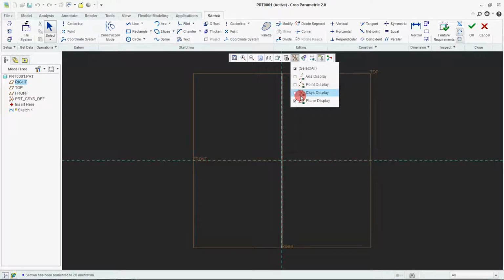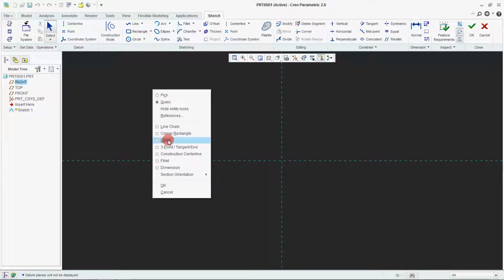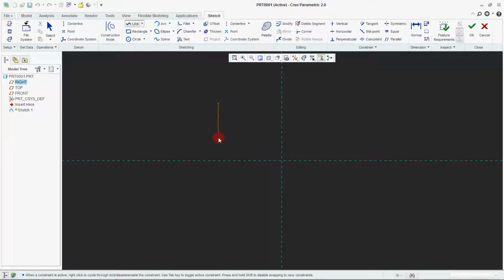Now if we draw one line and try to make it very straight, you cannot. I'm trying to make it straight, but at the same time it comes with a dimension of 3 and also an angle of 1 degree, okay, 90. So this is telling me it is exactly vertical, but this is an add-on dimension.